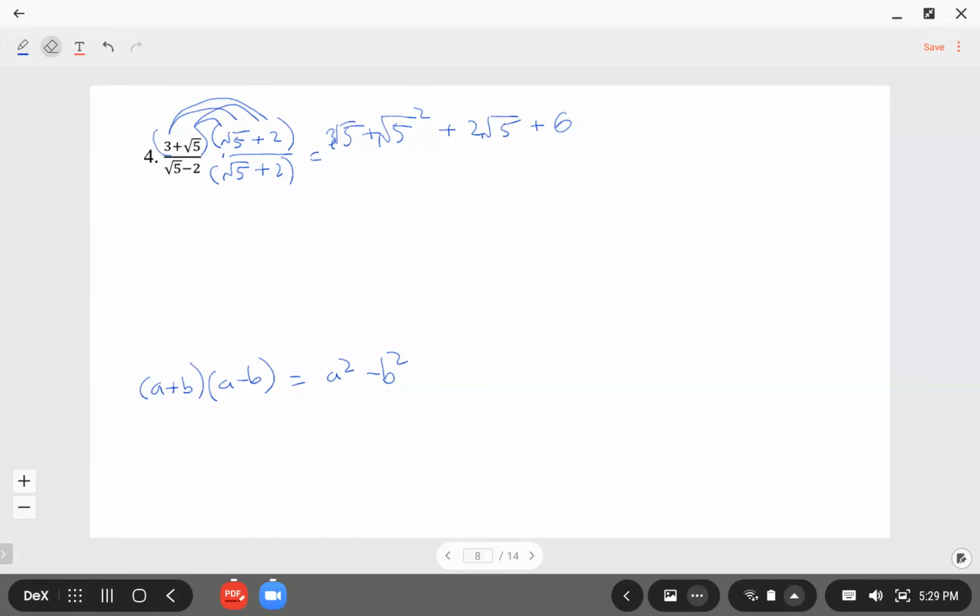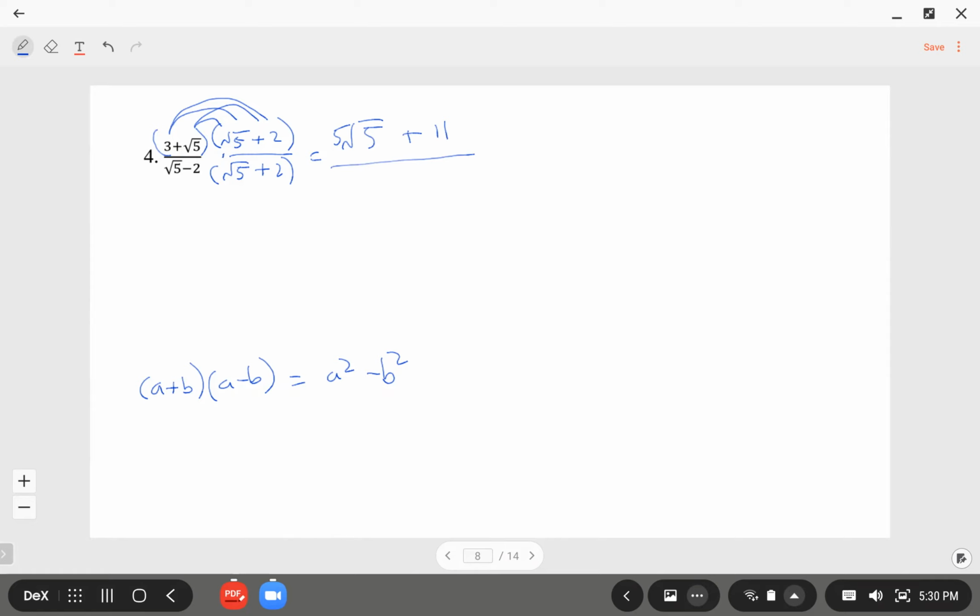After doing that, we can simplify to 5 times the square root of 5, and then plus 11 over